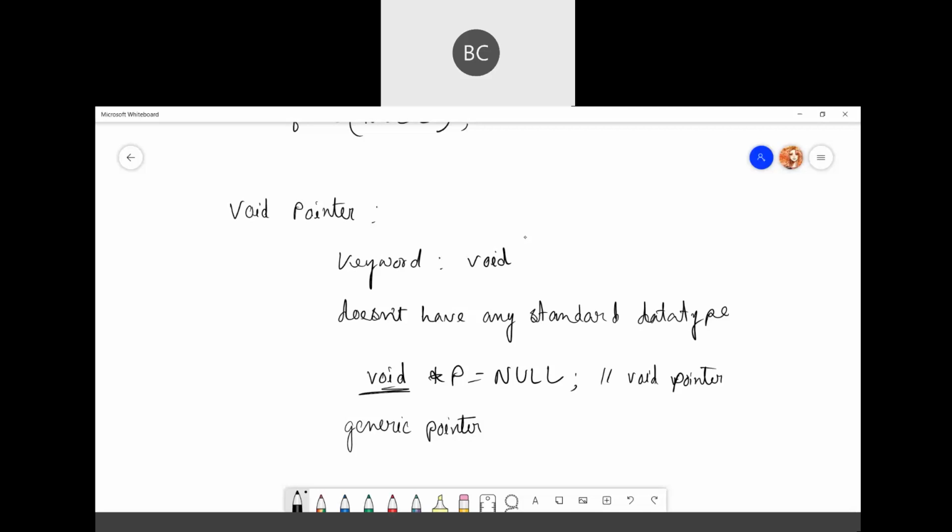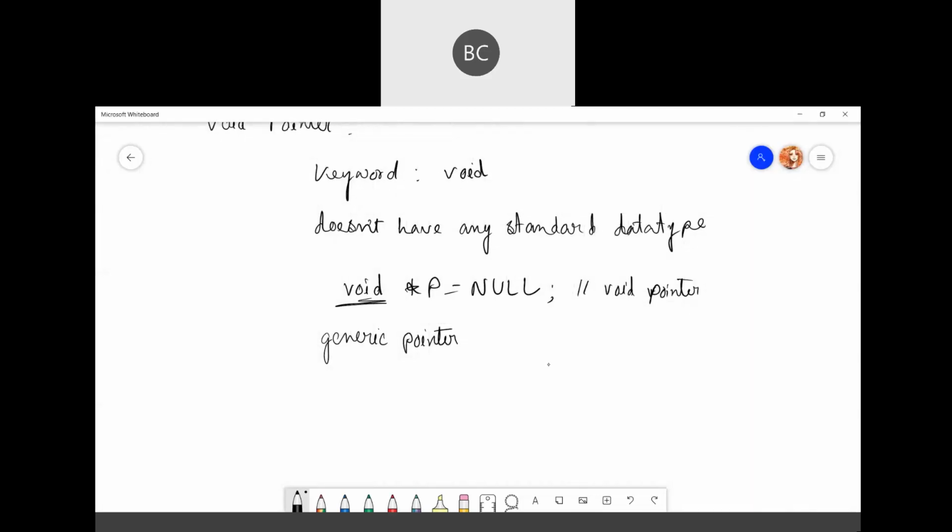A void pointer will also point to some data location within the storage. That means it will point to the address of a variable. If you want to declare it, use the keyword void.